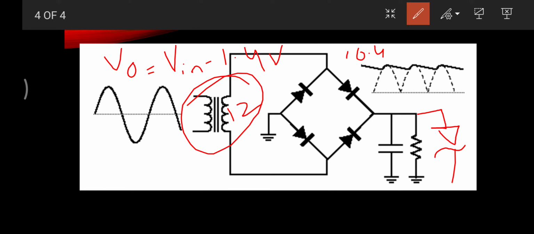Based on your required output voltage, you select a transformer. As I said, for a 12 volt transformer, you cannot get a power supply of more than 9 volt. So if you need above that, you need to use a transformer with a greater output. The 1.4 volt is the drop from the diodes only, and there are internal losses too. So you usually use a transformer around 2 to 3 volt higher than the output you need. If you want to create a 12 volt power supply, it is recommended that you use a 15 volt or 18 volt transformer.